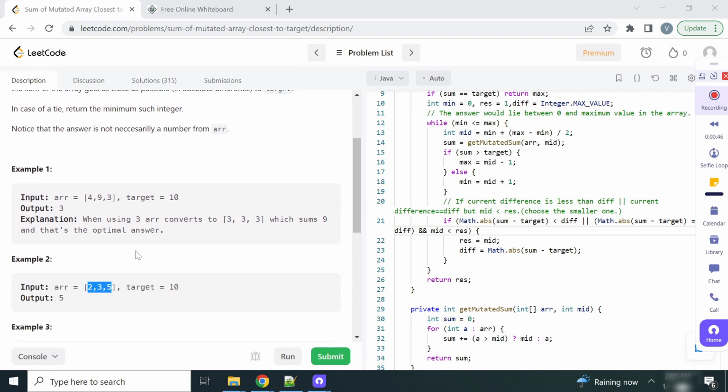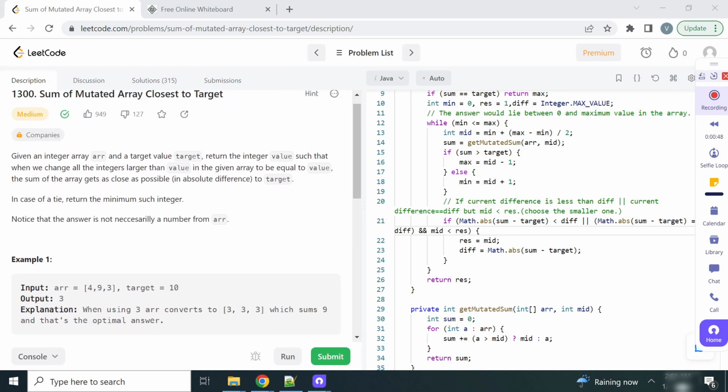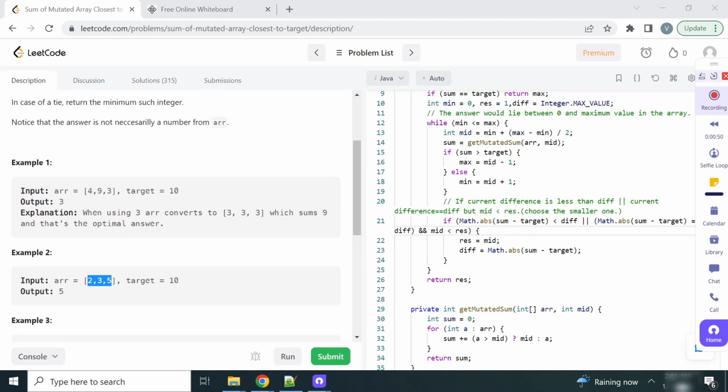So let's see this example to make it clearer. We are given 4 9 3 as an integer array. The target is 10. So if we choose 3 as our value, then we will convert all the integer values greater than or equal to 3 with the value 3. So now the array becomes 3 3 3 and the sum of which is 9, and this is the optimal answer, because suppose if we choose 4,